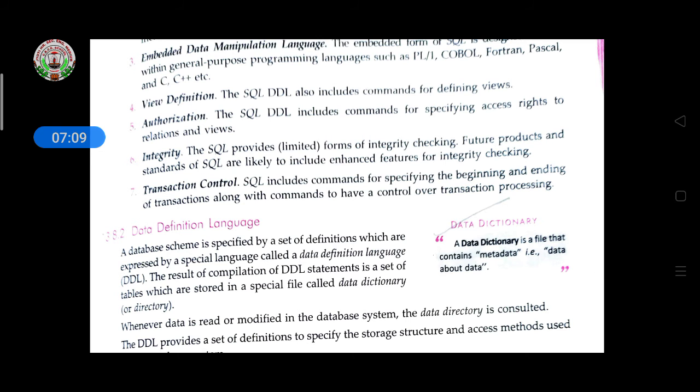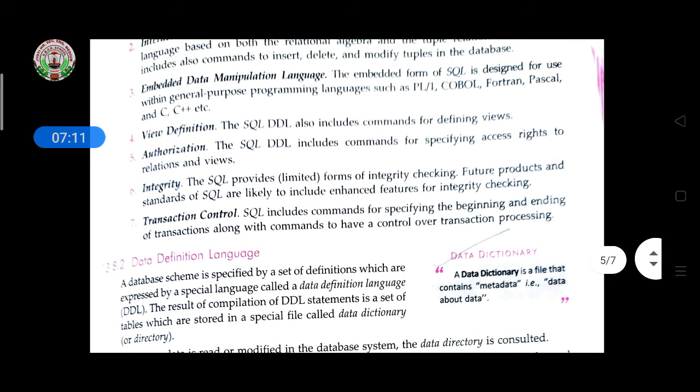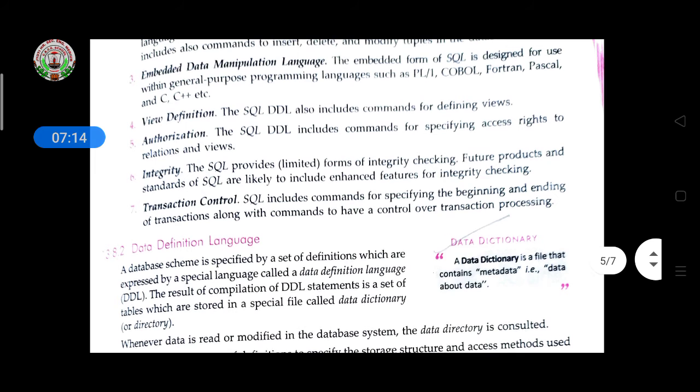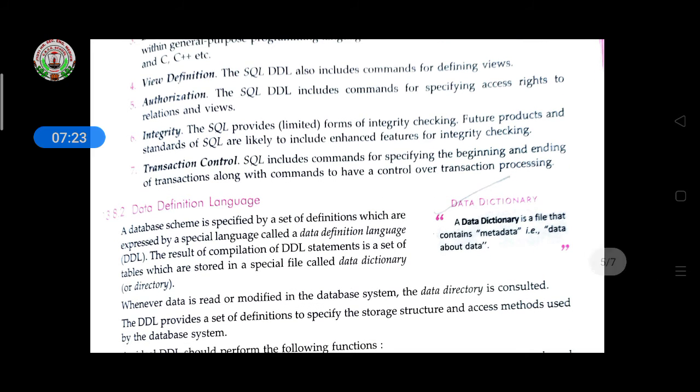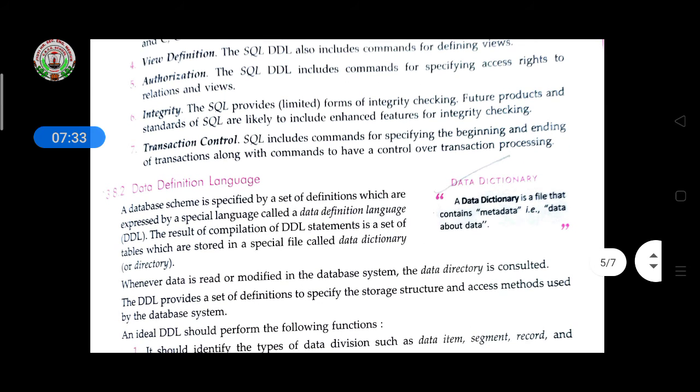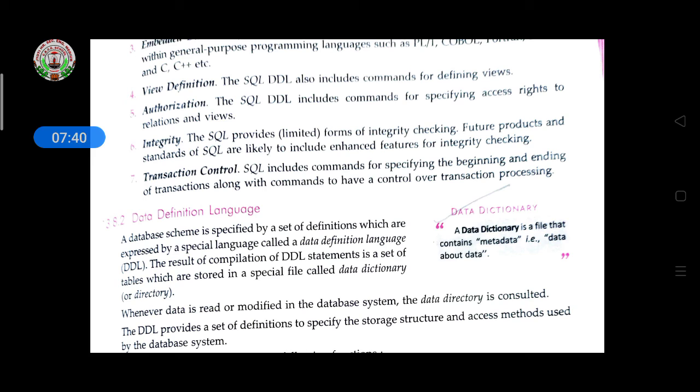So these programming languages use the SQL database also. Then view definition. The SQL DDL also includes commands for defining views. So the DDL also includes commands to see the views of particular data from the database. Authorization. The SQL DDL includes commands for specifying access rights to relations and views. This is how access authorization is given.